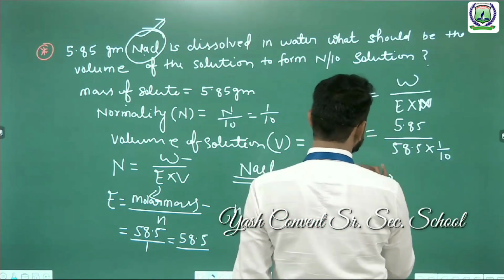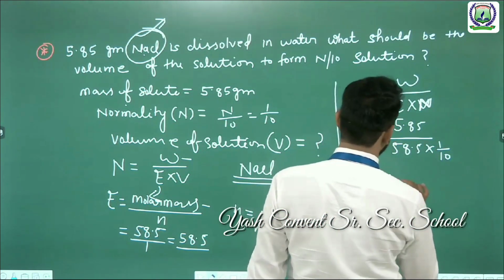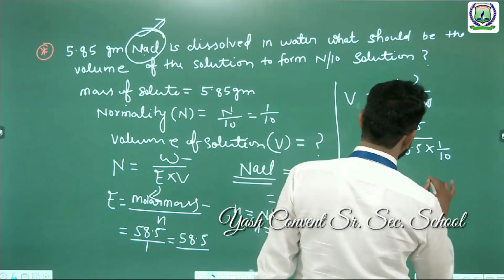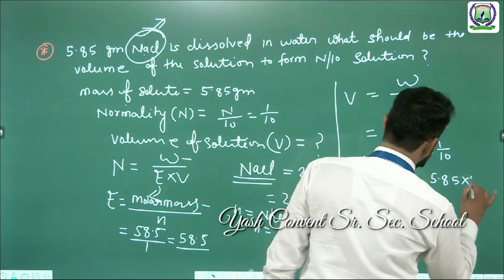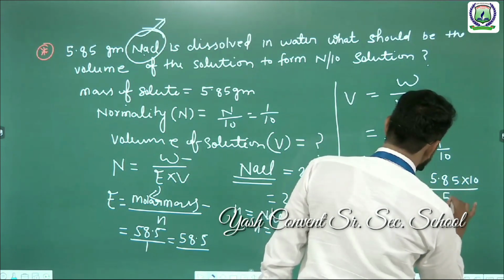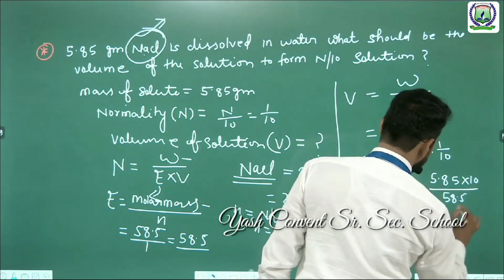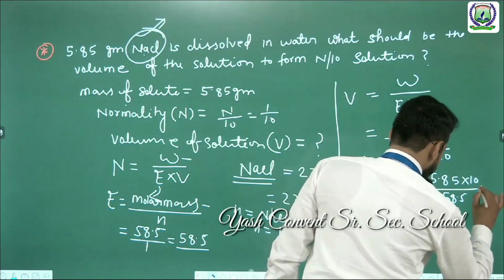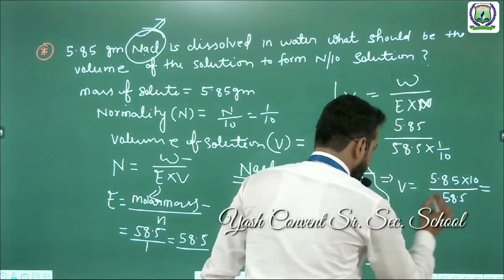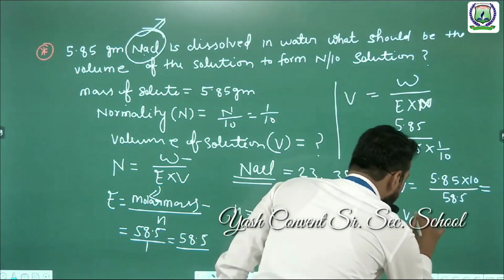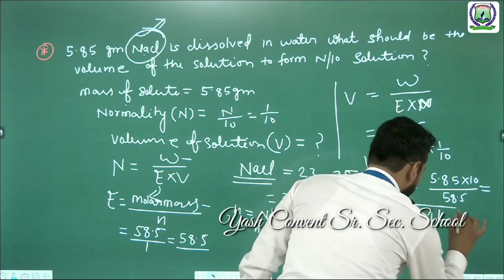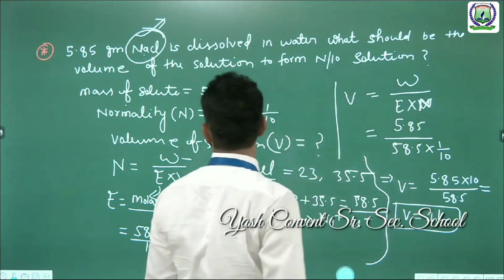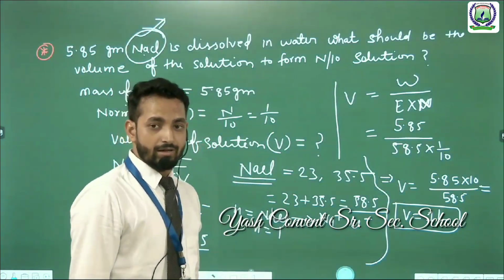It means V is equal to 5.85 into 10 upon 58.5. We will solve. The value of volume is equal to 1 liter. Okay, the next question is,